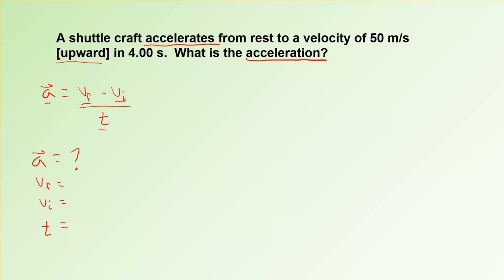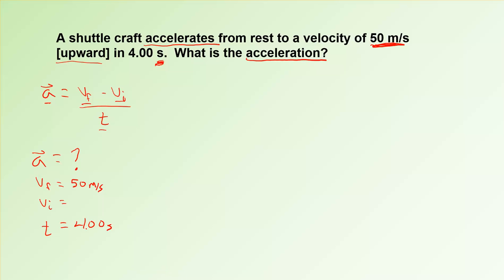My VF: it says from rest to a velocity of 50 meters per second, so that's my final velocity, 50 meters per second. As soon as you see seconds, that's a big giveaway that you're dealing with time. We measure time in seconds. So my time is